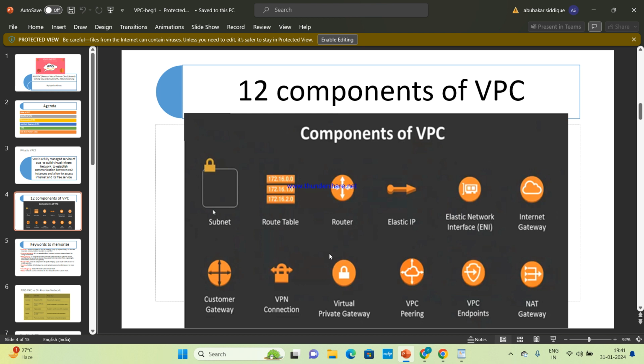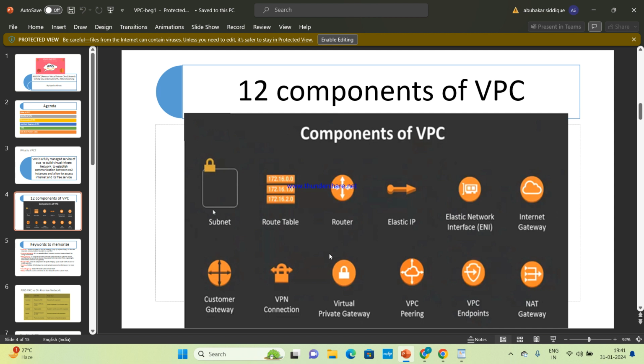These are the 12 main components of VPC. Do we need to learn all 12? At entry level, we are going to learn just 6 or 7 components of VPC.